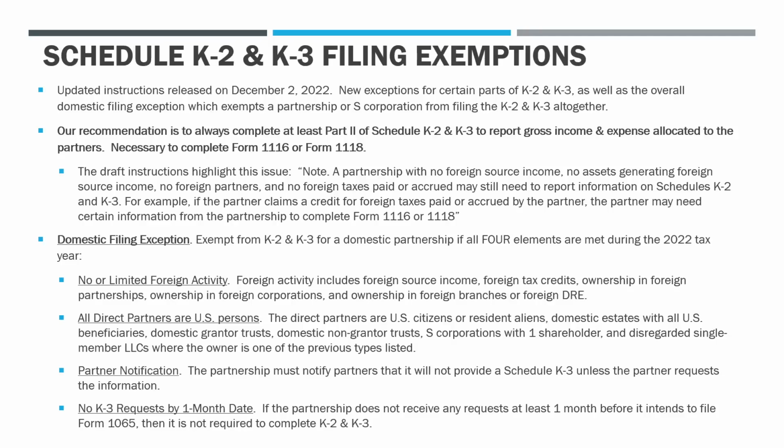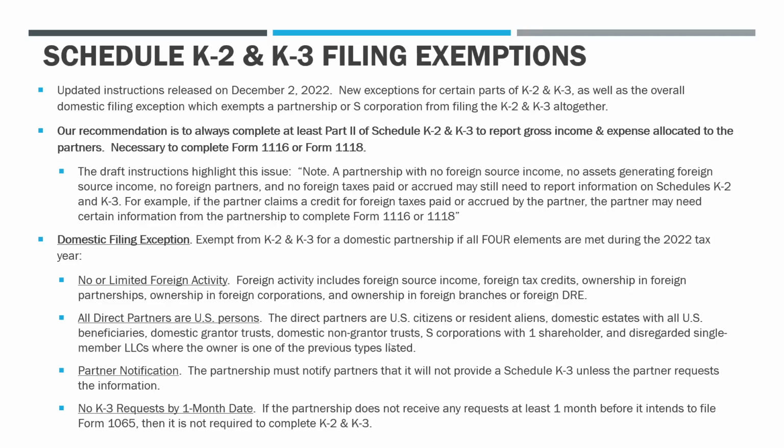person. And then disregarded LLCs where the owner is one of these listed up here, right? So if you have a single member disregarded LLC and then that owner is a U.S. citizen, a resident alien, a domestic estate, trust, so on, right? Then you can meet this second element here. Okay, now the third piece,